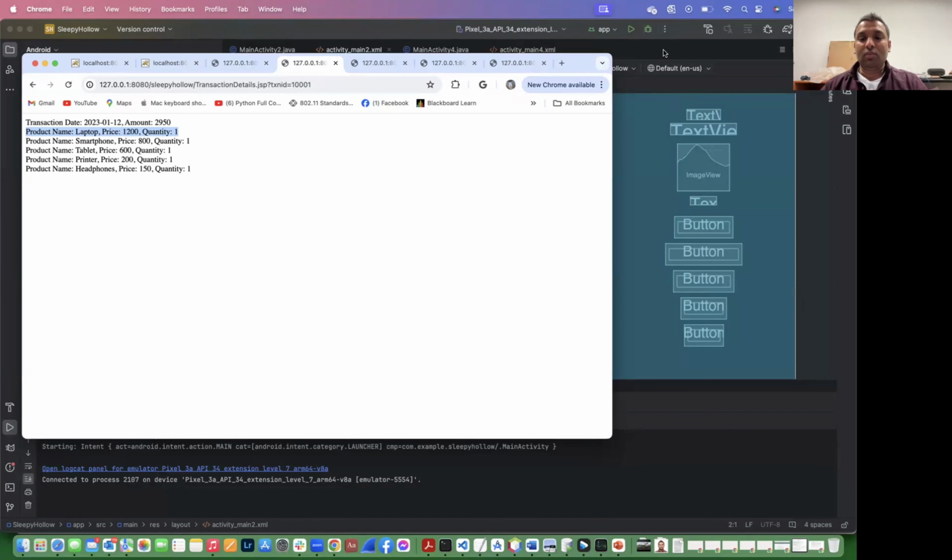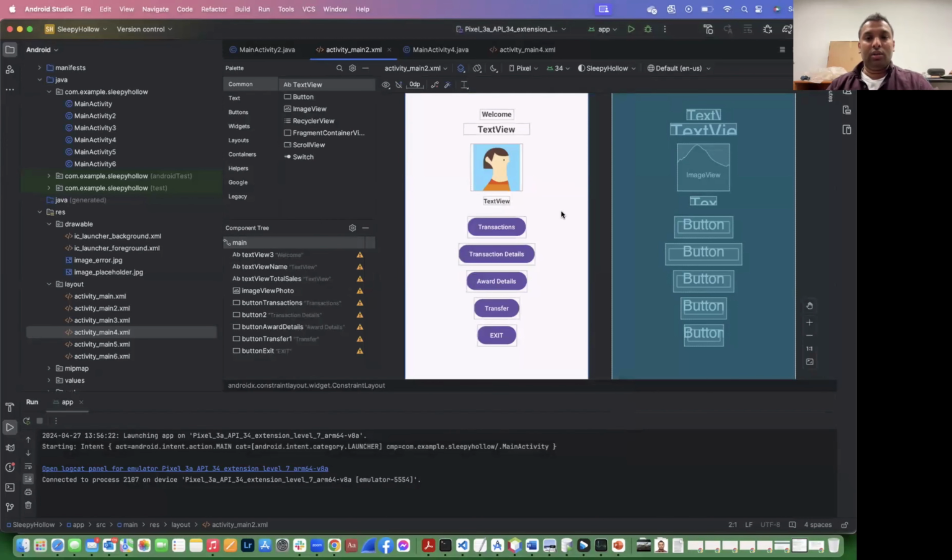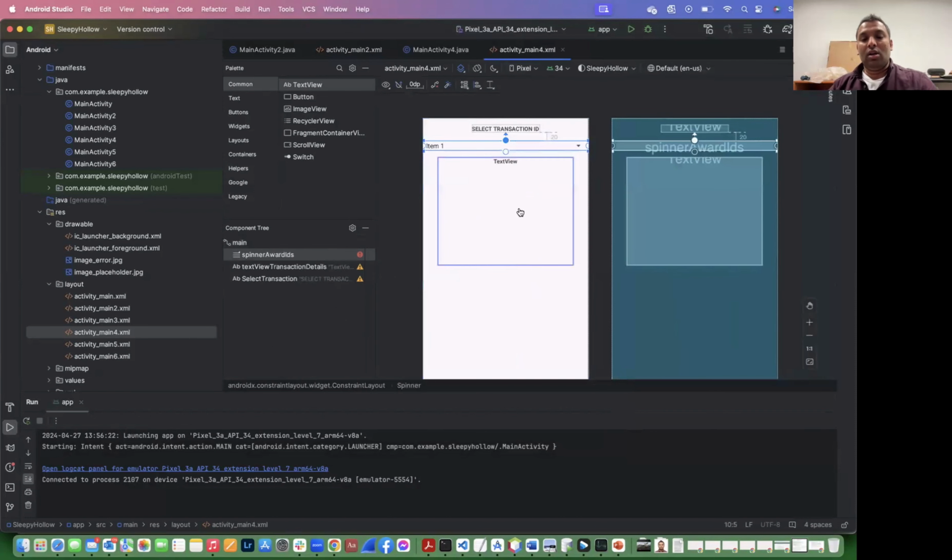So yeah, let's see how it works. What would we need for the XML4, the main activity 4 XML file? This activity was one of the difficult ones, and it took me one day to work on it, and then I realized that I could do it very easily, and I will let you know